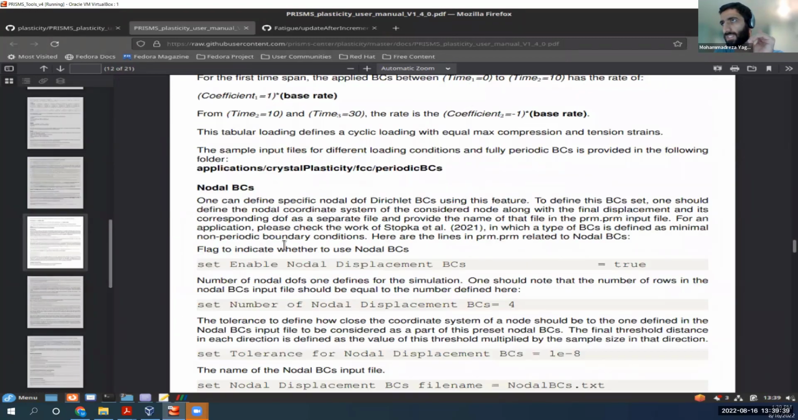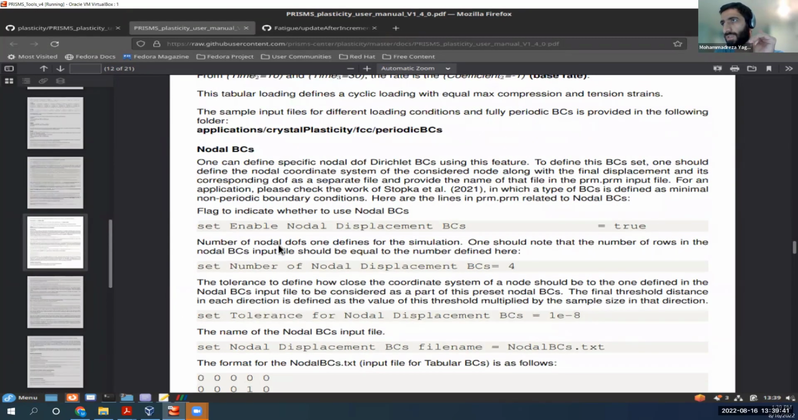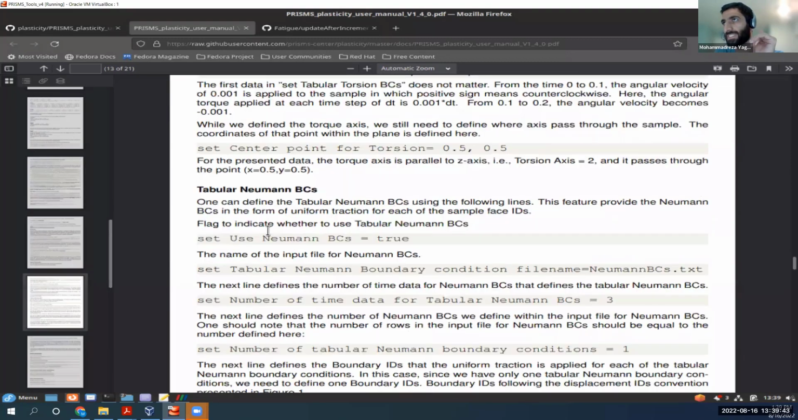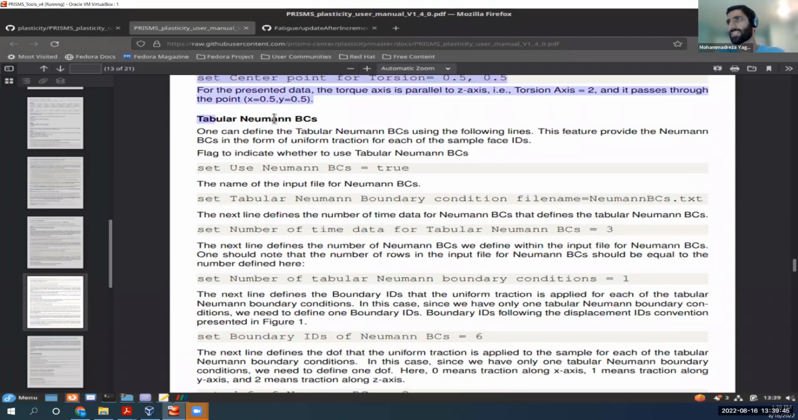here should be nodal traction, and this is here. You can read in this part, tabular Neumann boundary condition, and then you can apply this boundary condition that you need. So